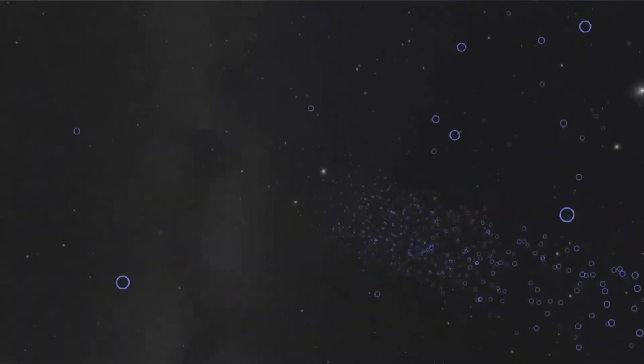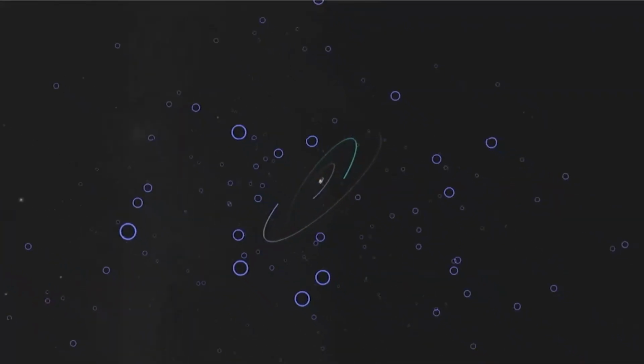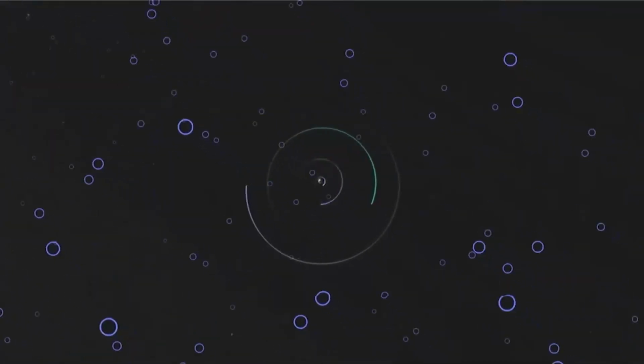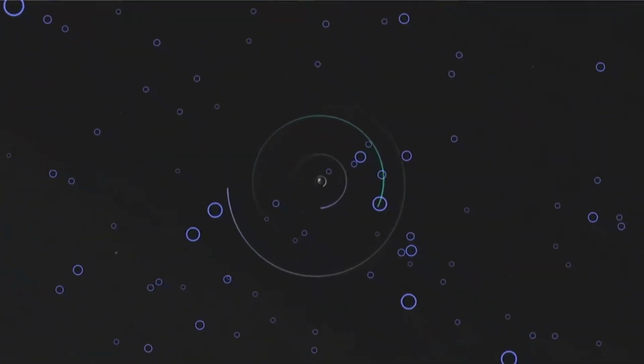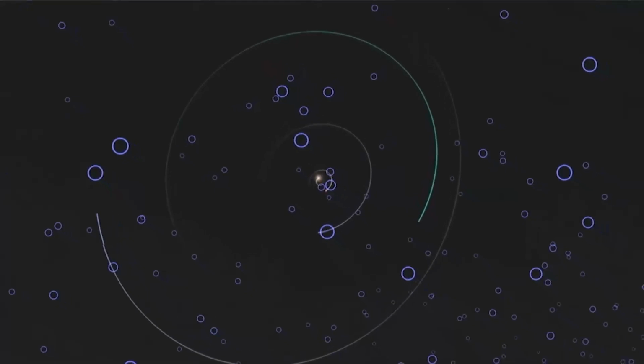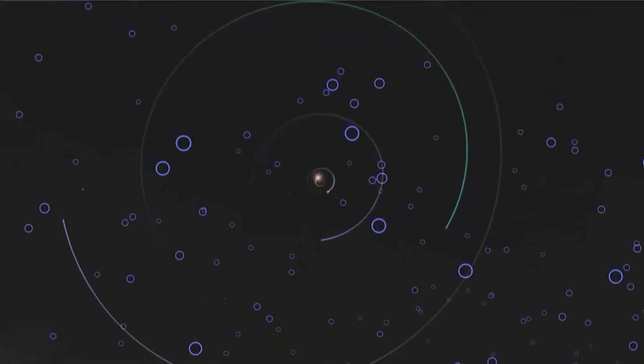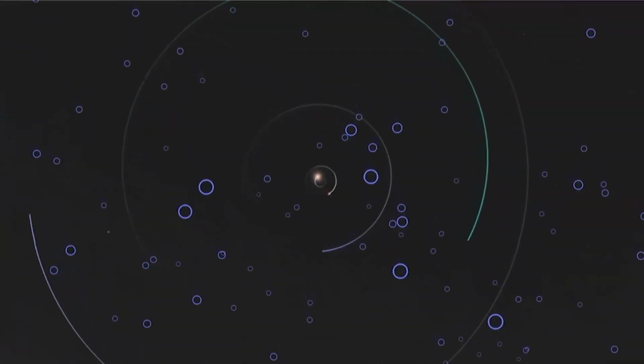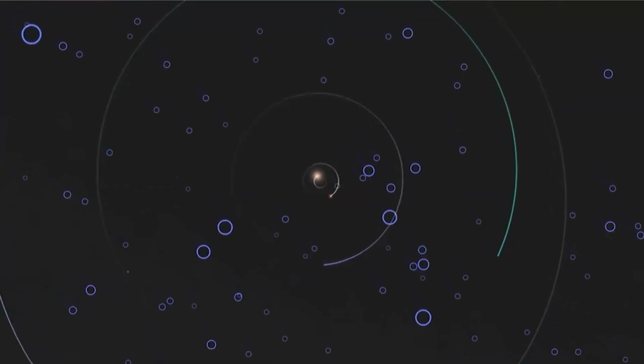But what I'm going to do now is focus on one of those systems, and we're going to fly out to Kepler-47, which is a circumbinary system. What that means is that there are 2 stars at the center, and those 2 stars are orbiting each other, and they're also being orbited by 3 planets that orbit much further away.